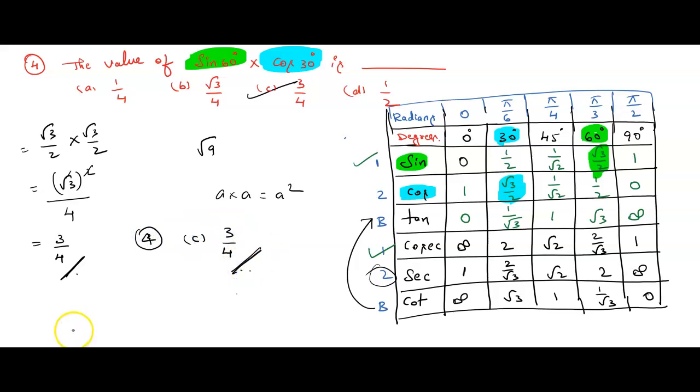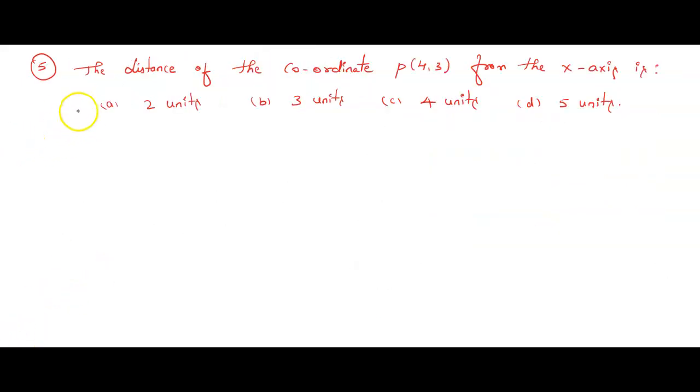I hope you have understood this problem, how to solve. Let them ask any angles. First you have to draw this table. Substitute the values in that. Either it is addition, subtraction or multiplication, division will be there. Do a normal simplification. You will get the final answer. I hope you have understood this problem. Right? Good. Now let me solve problem number 5. Observe, students. Next, question number 5.